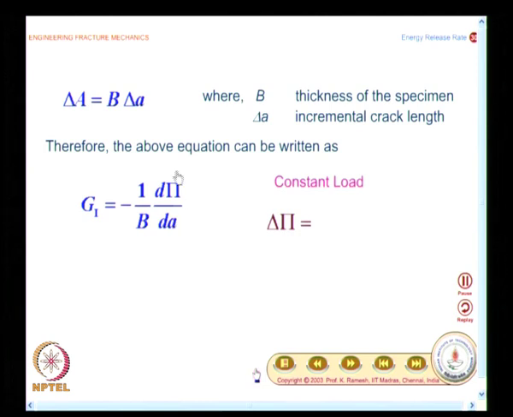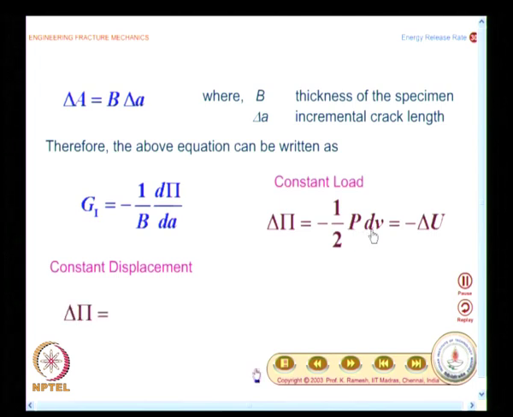So, you will have to calculate the term d capital pi by dA for a given situation, and we would look at what is the result for a constant load as well as constant displacement. For a constant load, delta pi is given as minus 1/2 P dV, that is equal to minus of delta u. So, minus of delta u, when you put it here, minus of minus becomes plus. So, finally, G is positive,